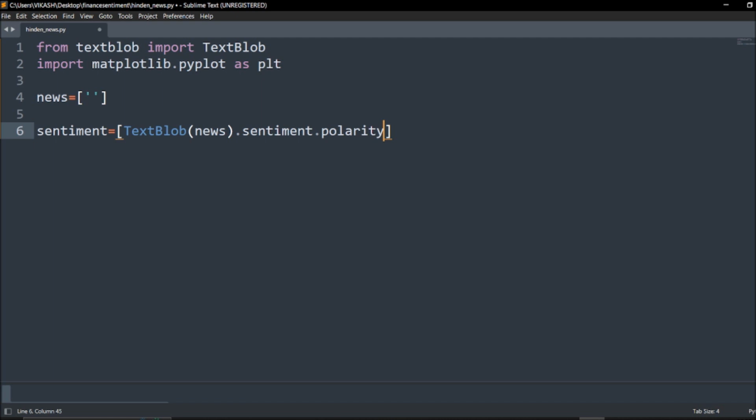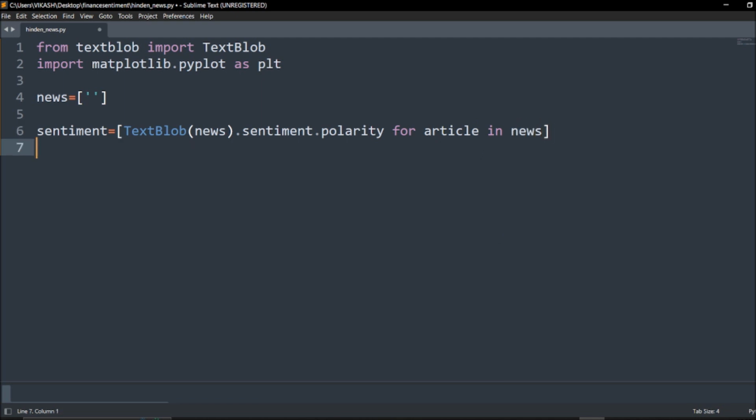It will give the values, and we have to say, like we call for x in certain things, the same thing here: for article in news. Simple as that.